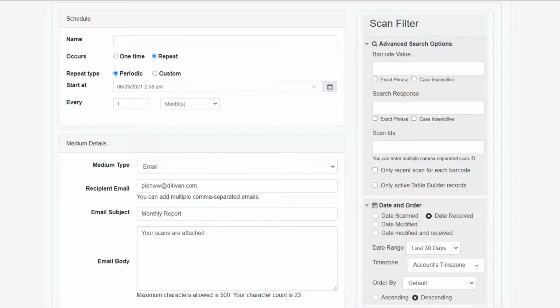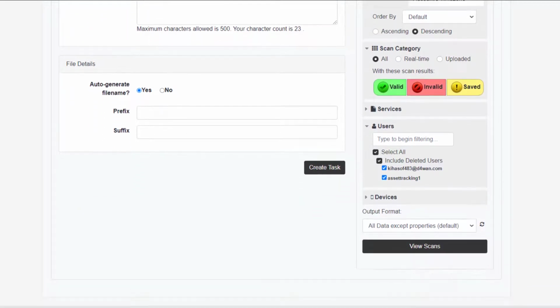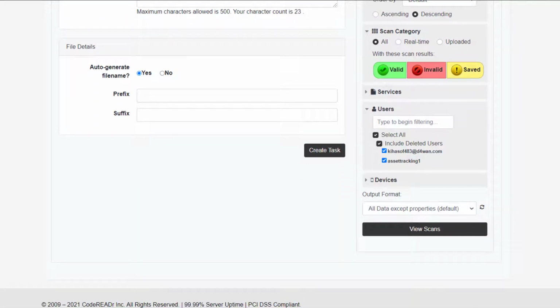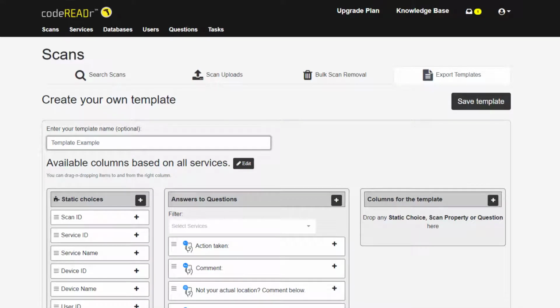If you're using many filters frequently, it would be tedious to reselect each one every time you need to view filtered scans. This is why we've created Export Templates. In the drop-down, you can select Create New Template. This will take you to a separate page for building a template that will be applied to any spreadsheet you